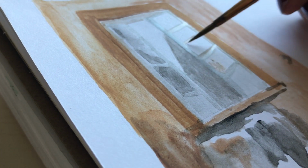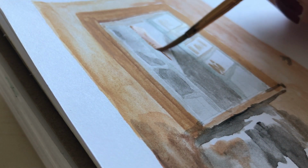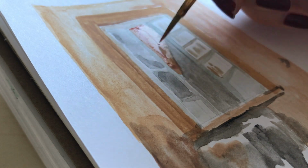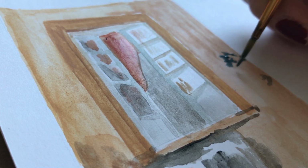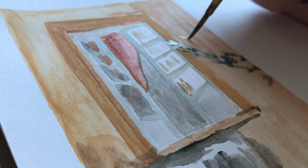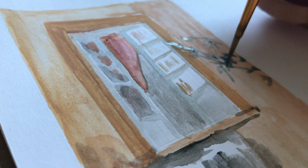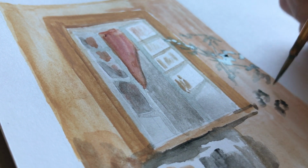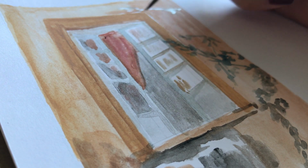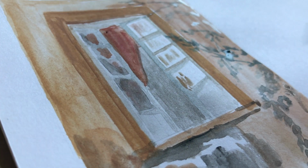I also tried to make the paint a little thicker, or honestly a lot thicker, because I usually like to water down the paint a lot, so it's like watercolor rather than gouache, but I wanted to use it more like original, thicker gouache. But I definitely need more practice because I was not comfortable with it. It doesn't move the way that I want it to, but I think it's more like I didn't move the paint the way that it should move. I don't know what I'm saying. But it was really frustrating,